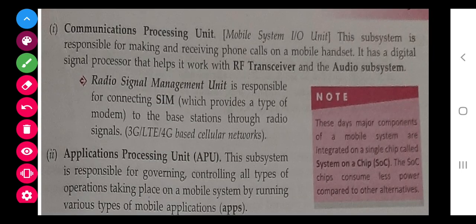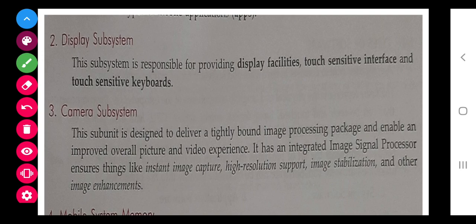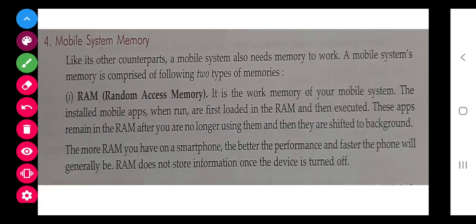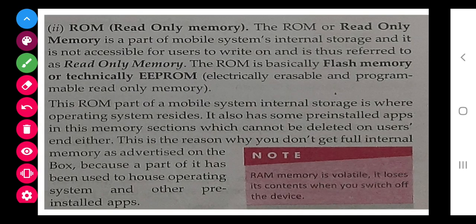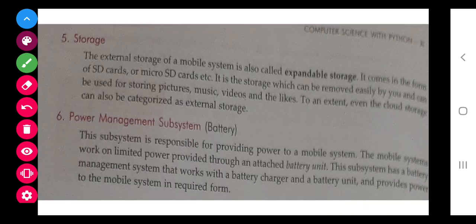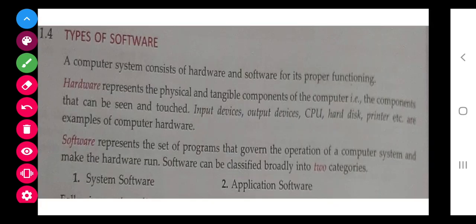So class, you have to go through these topics. Communication processing unit, how it works, application processing unit, display subsystem, camera subsystem, memory system, RAM is there, you all know, ROM is there, storage part is there, power management system. So class, you have to go through this quickly.